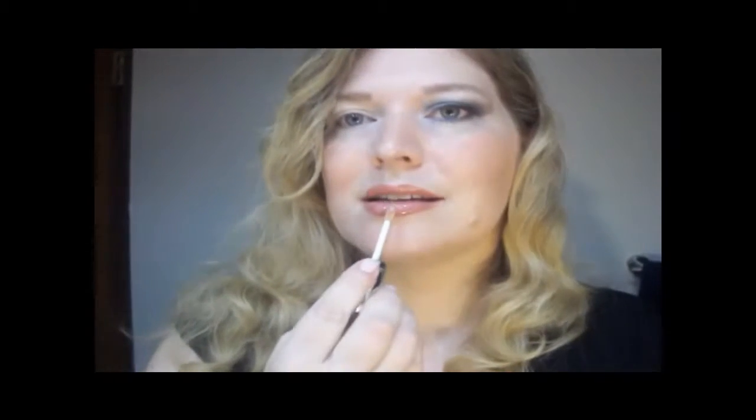I really like this. Just perfect glossy look. I like it. So, okay, if you'd like to see how to do the eye now, I will go ahead and start my